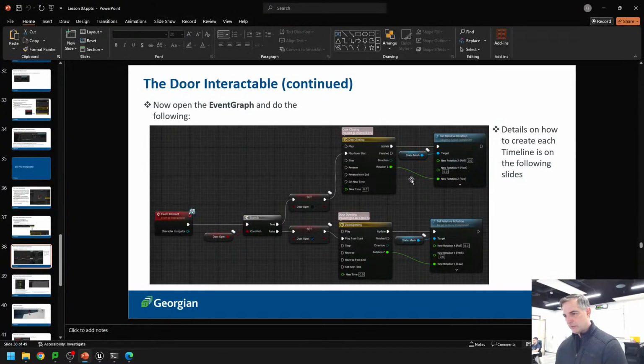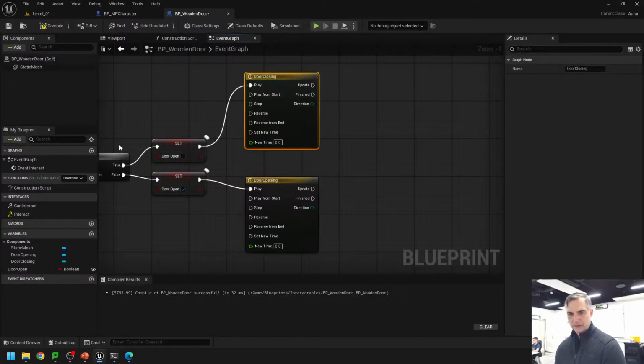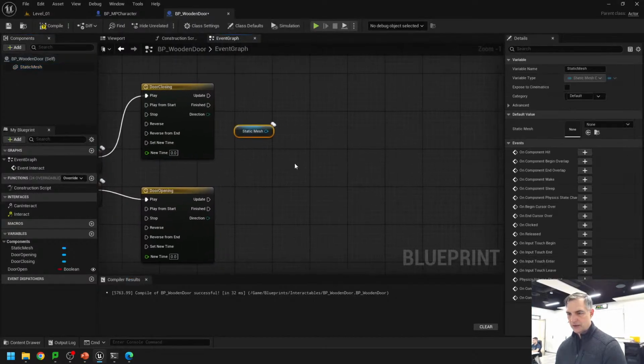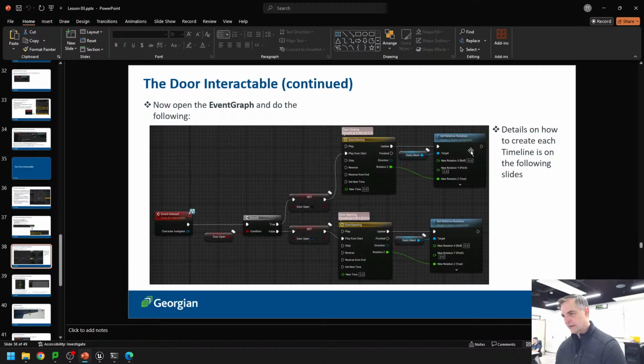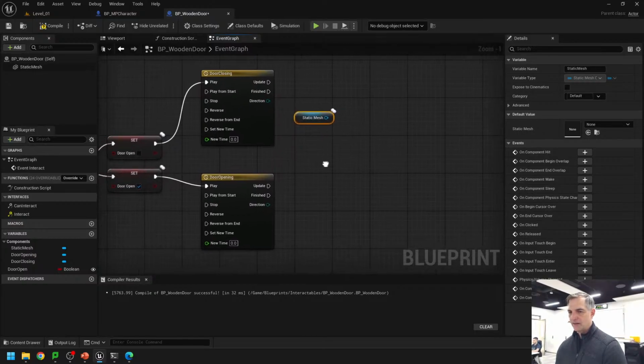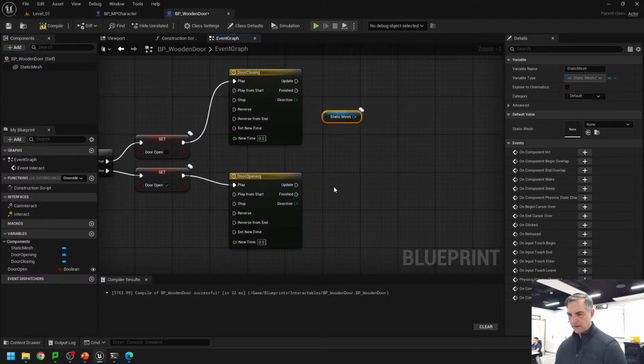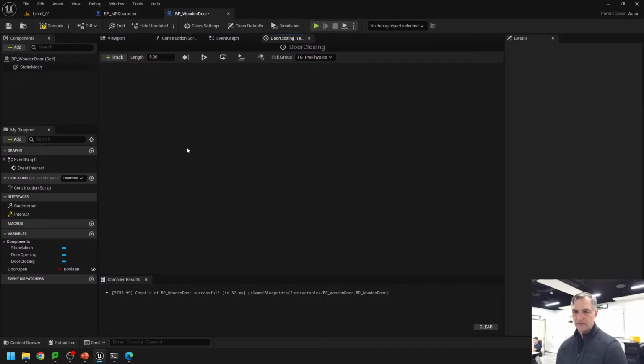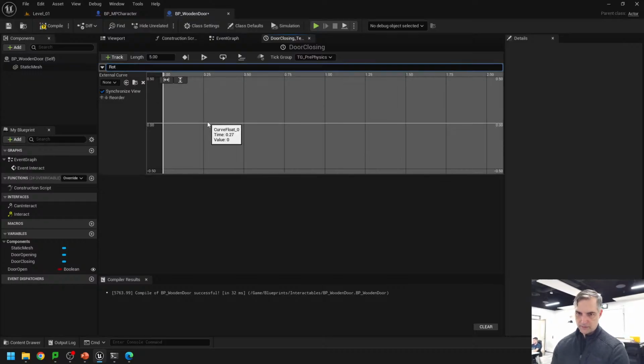And now what I want to do is take that static mesh object, which is our door. This is the door object. And that door object, I'm going to set the relative location. And now it says rotation Z, but we don't have that here because we can't get that until we set our timeline. So if I double click on the timeline here, then we have this track, and the track is going to be a float track called rotation Z. And we want to add that to both